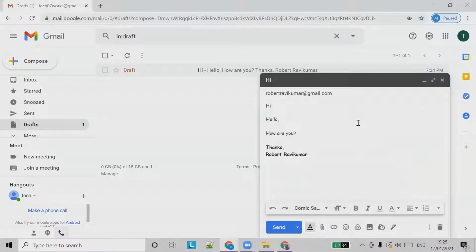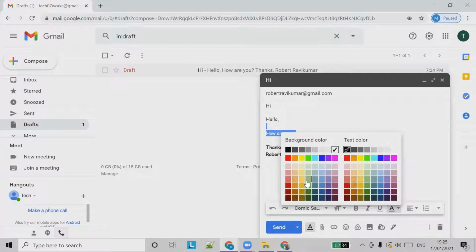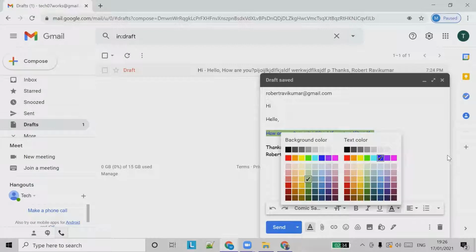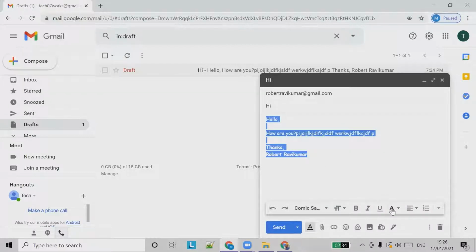So we're talking about fonts and font colors, right? You can choose the background color of any font. If you want a background color for this text, you can choose green, and you can set the text color to be blue. Now you can see the font color and the text color. It's different than other things, so you should choose from these options to select the font and text color.